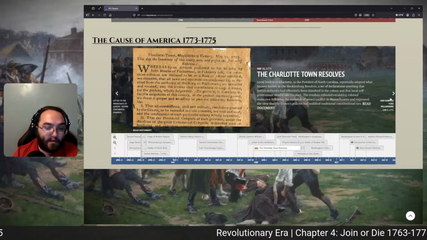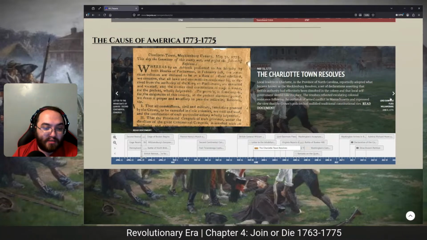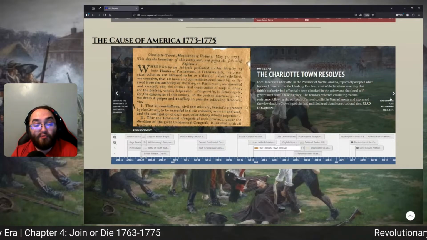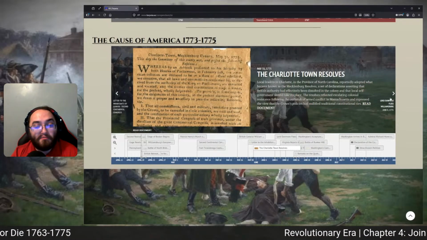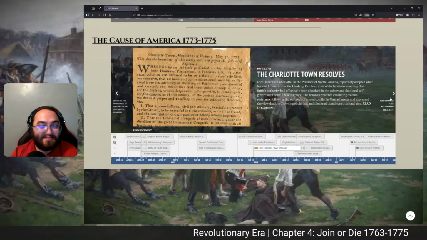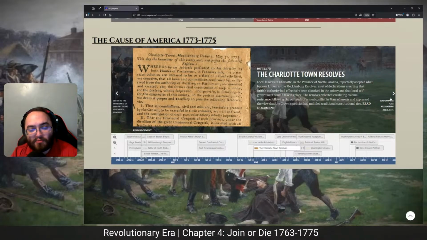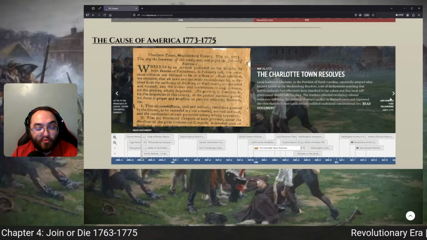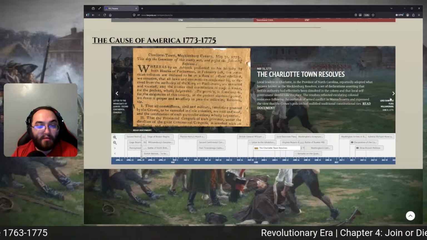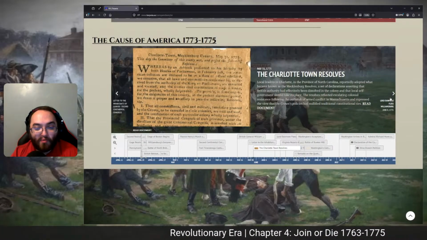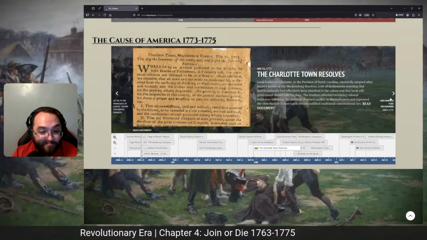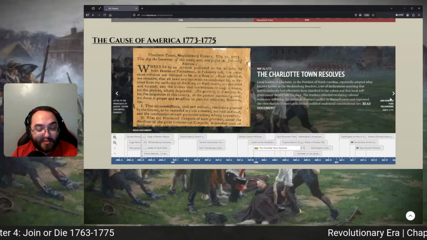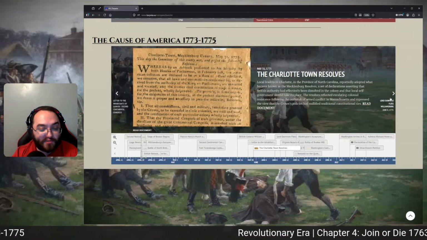So, is this document a legitimate document? Should this be considered the first instance of independence? I don't think so. But it is evidence that the movement towards independence and the rebellion, the revolution, was not a top-down thing. It was very much bottom-up, because we have all these local communities who are passing these resolves. This is just the first one,